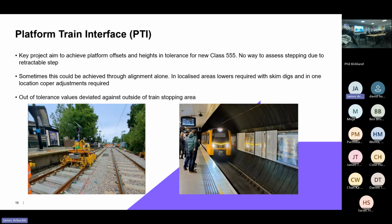So Nexus does operate a closed system. So when we were working with our designs, we were working to restricted platform offsets, which were specific to that rolling stock. So we were looking at X offsets of 719 and Y of 900, which is different to your standard NR offsets. Nexus provided us with the vehicle models so we could do our gauging design into clear route,